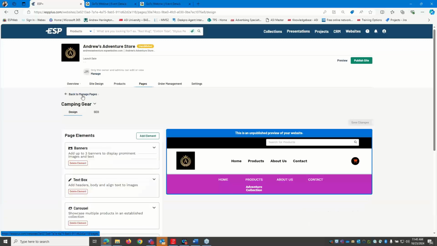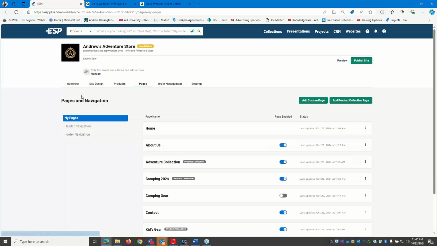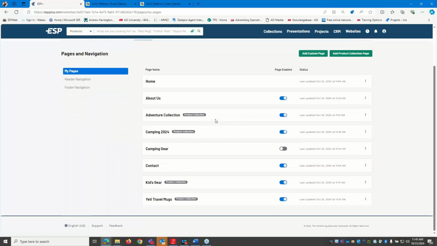So we've made our custom page. Let's go back to Manage Pages. So now when we're back in Manage Pages, you'll see all of the